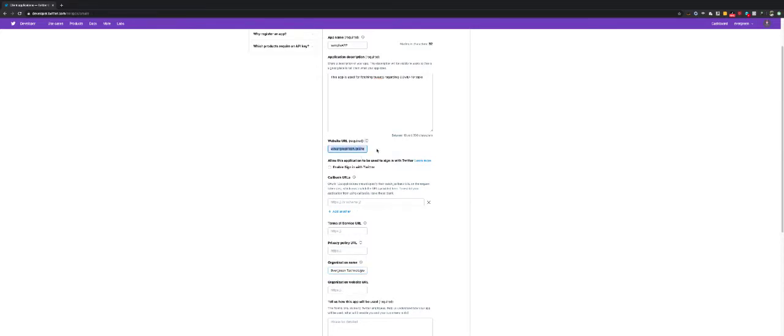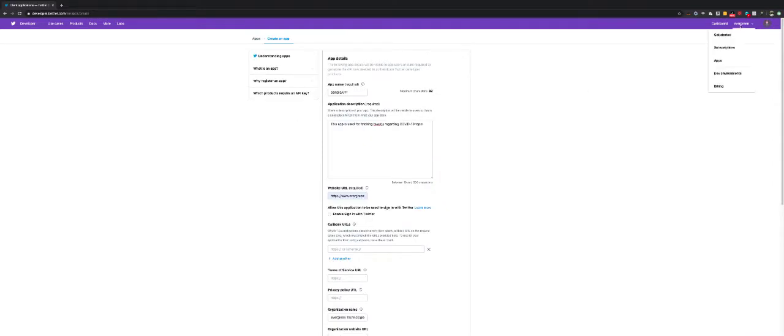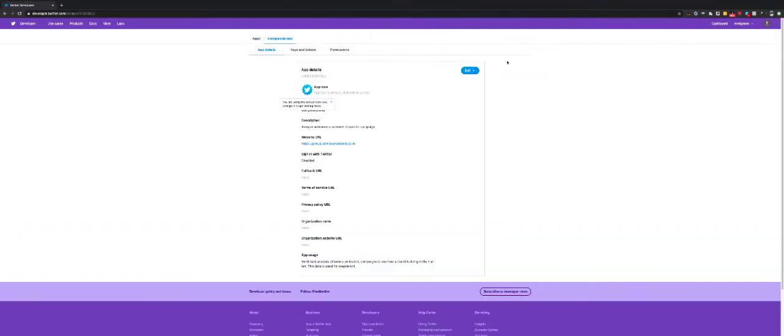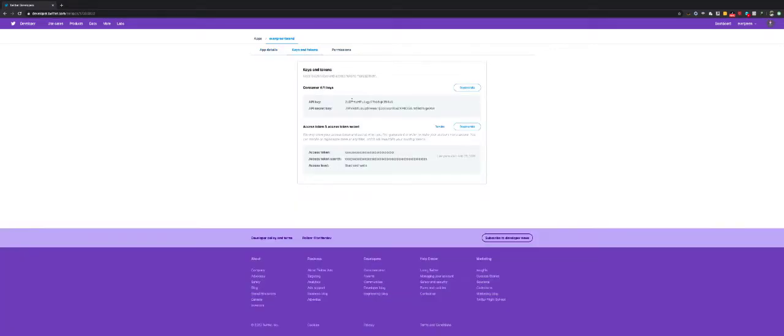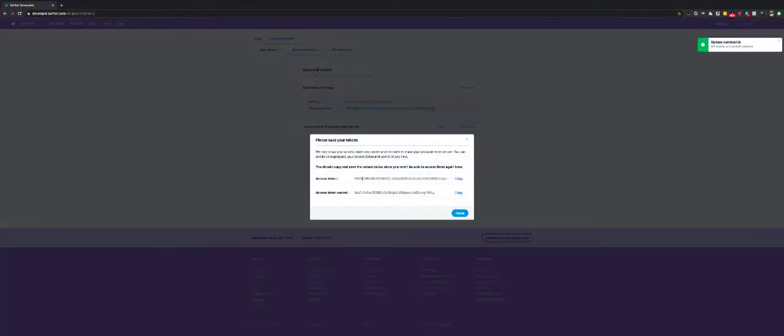So I've done this. I need to use these details in the Twitter program that I'm writing. You can always copy them using the clipboard and keep them in a notepad. Similarly, the access token and access token secret are only generated one time, so I need to copy them. If you want to regenerate, you can always click on regenerate. It will generate a new access token secret that you can save on your local machine. It will not show it to you here by default, but you can always regenerate.